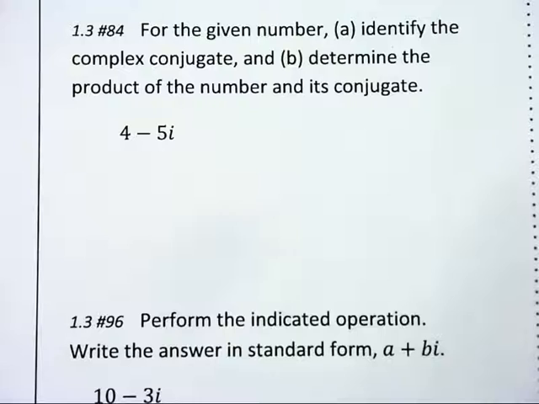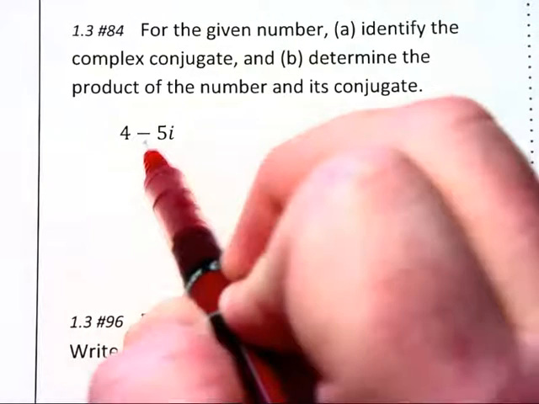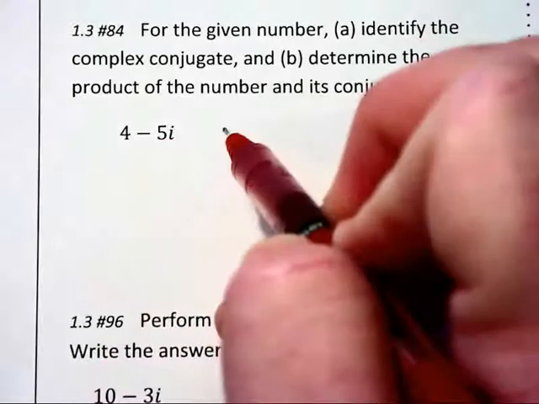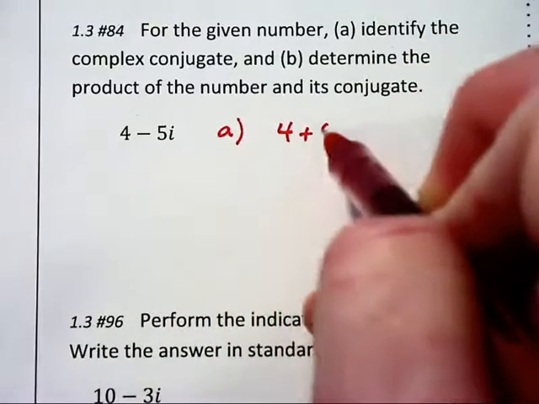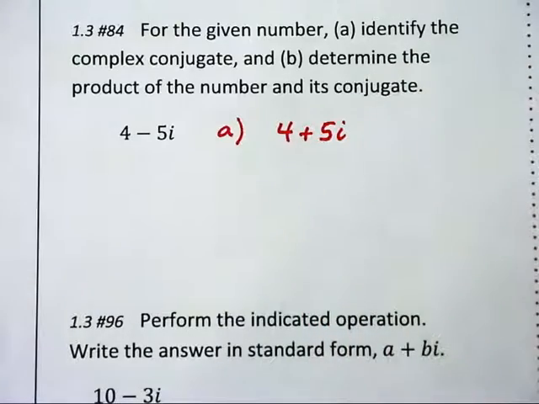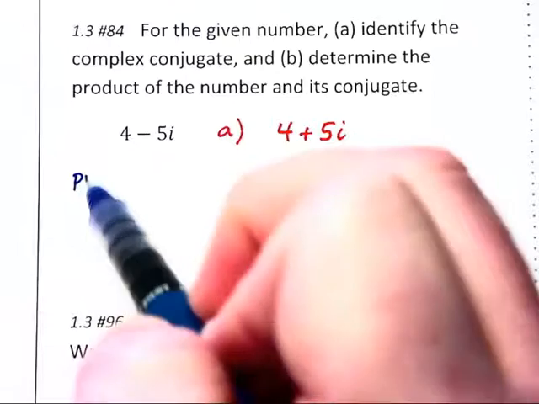Okay, in this next problem, we want to identify the complex conjugate. That's what we get when we change the sign in the middle. So for part A, 4 plus 5i is the complex conjugate. Now it turns out that whenever you multiply